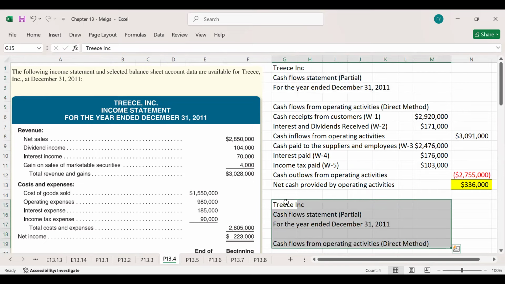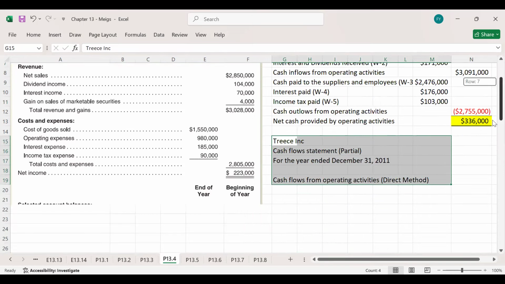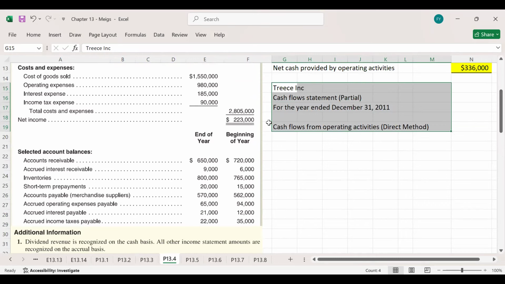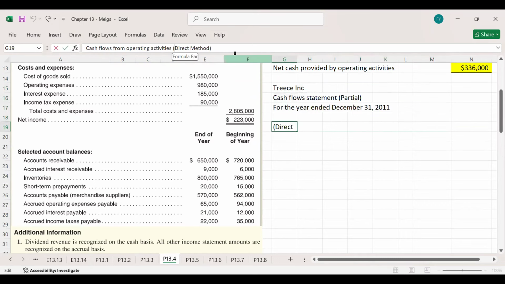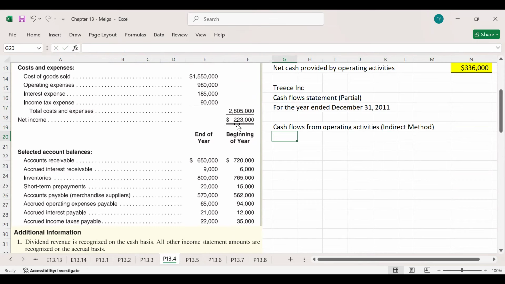Copy it, and here instead of direct method, what we are going to do, indirect method. Okay, and the starting point is net profit or net income. So net income, you can see here we have net income. The net income is total